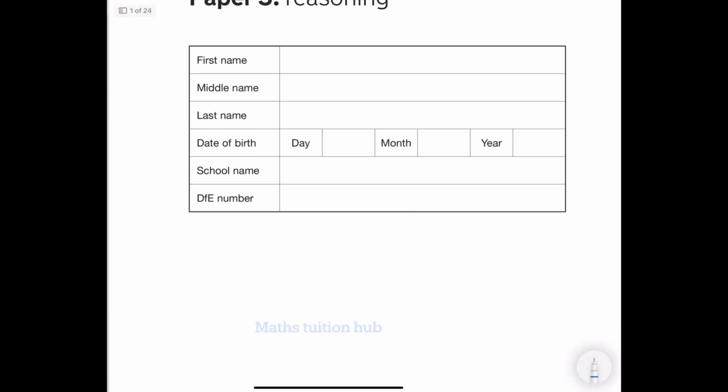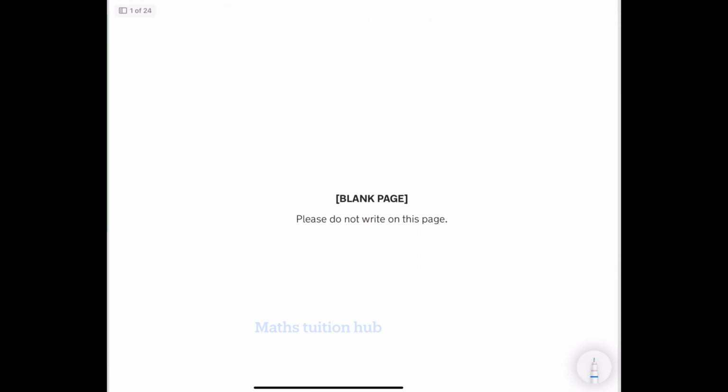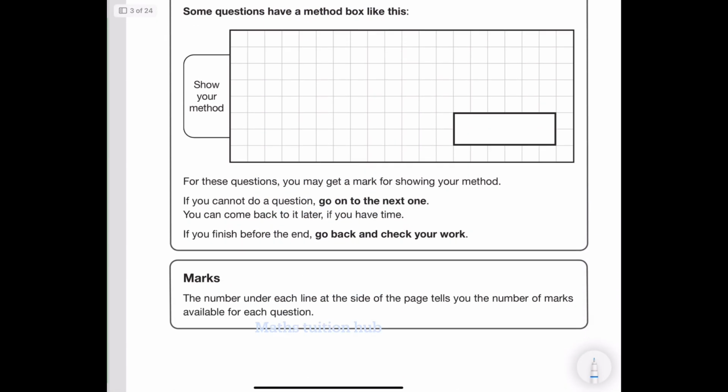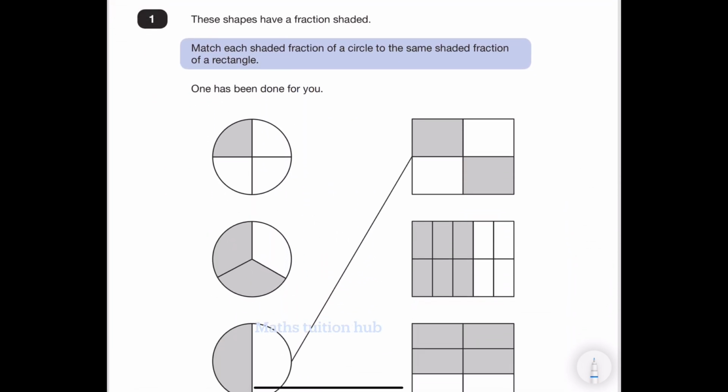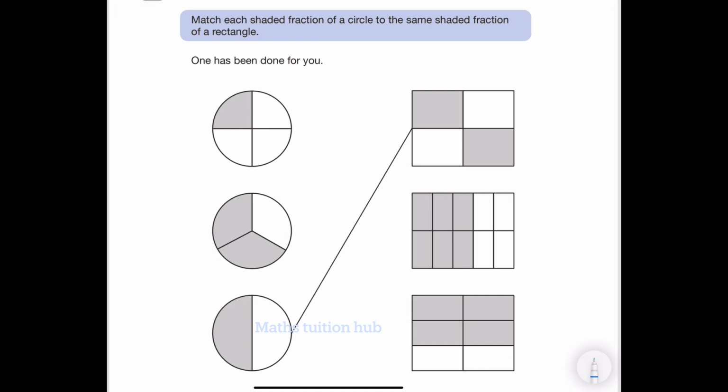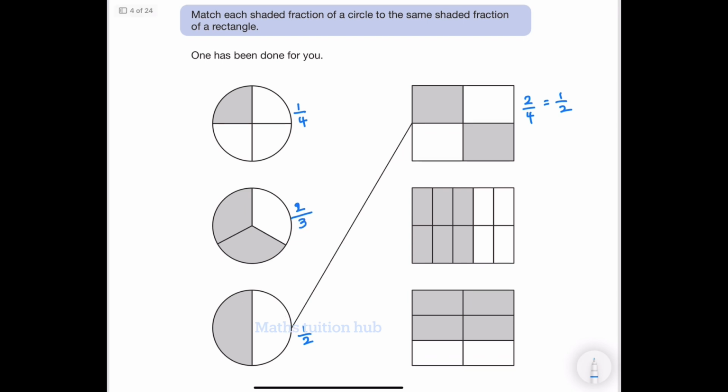In this video, we are covering Key Stage 2 SATs, Maths Paper 3, Reasoning Paper. These shapes have a fraction shaded, so we need to match them, the circles to squares. So one is done for us, and that is half has been shaded and 2/4 has been shaded on the other side. So the equivalent fraction to 2/4 is half, and the first one is a quarter and second one is 2/3,